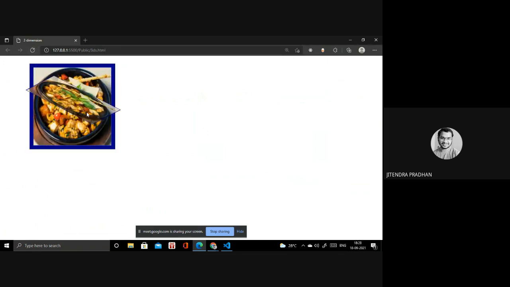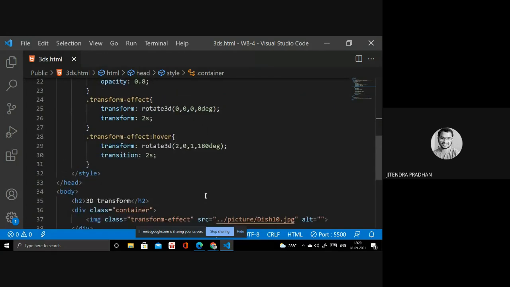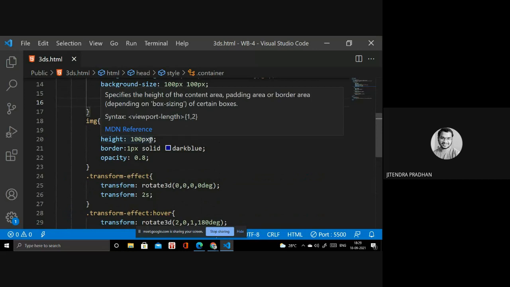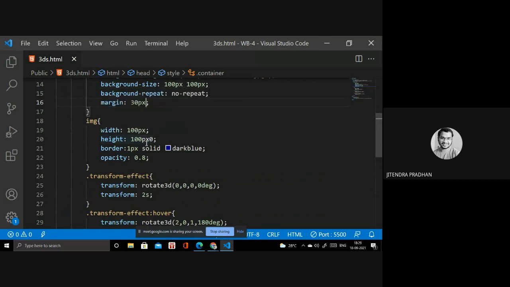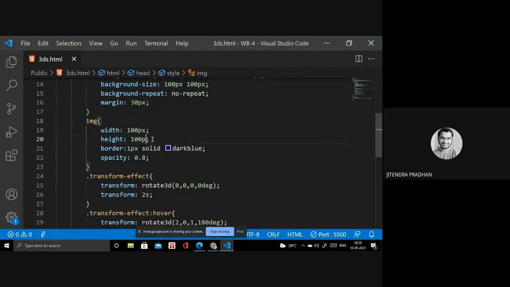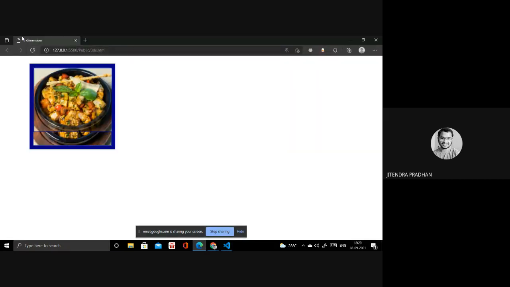It's working fine. Have you observed that when one picture is in the background, I need to give the second picture a larger size, so I will manage that? Wait, okay, have you observed that? What I did wrong was that for the second picture I wrote 100 pixel 0, that's why it's not working. So if I remove that one, it's working fine, I think. Wait, I will refresh that one. Yeah, it's working fine now.